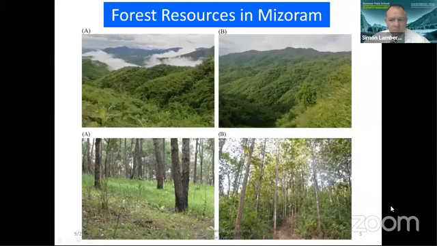The third and fourth is the pine forest. And pine is a very, very useful forest for resin, but it is all unused. But there are some patches where the government of Mizoram has started planting teak forest, though it is climatically not suitable, but its economic viability is very high, and the government is getting lots of revenue out of this teak forest.